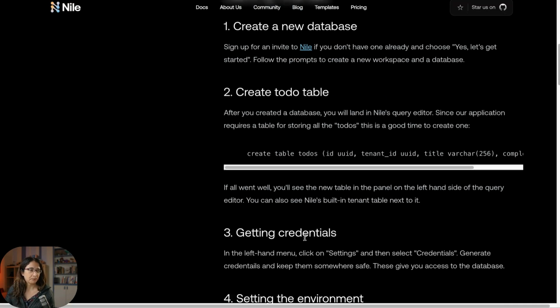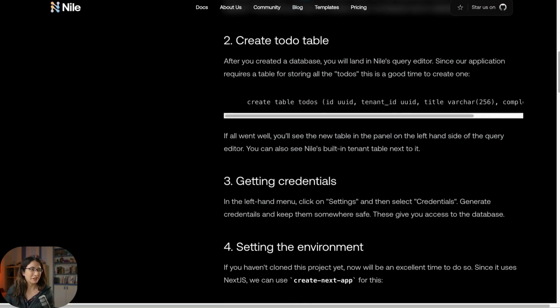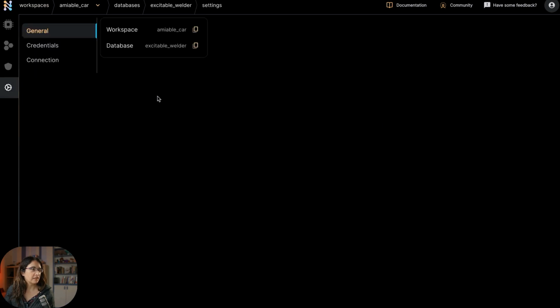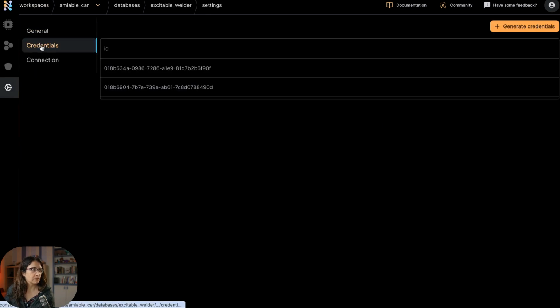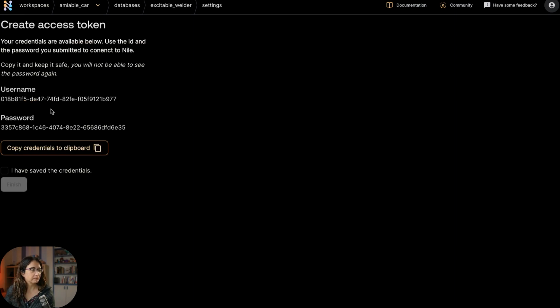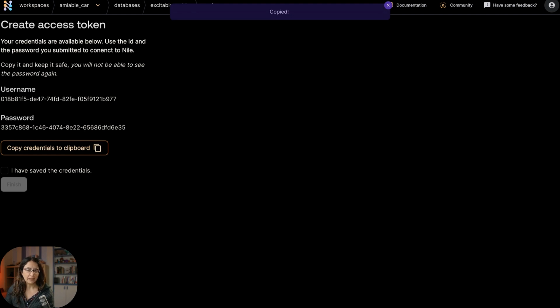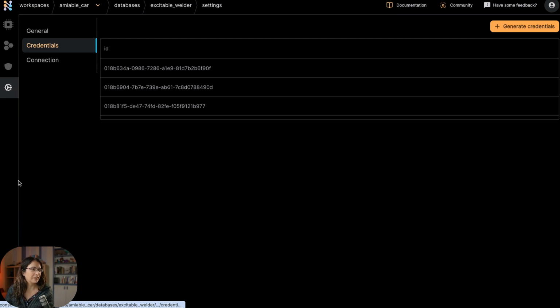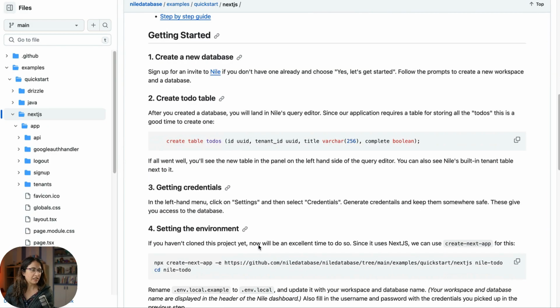Going back. And I need to get credentials. That kind of makes sense. So I'm going over here. Getting credentials is here. So let me go over. I already have some credentials, but I forgot where to save them. So let me generate the token. I'm going to copy it. Now that I have a copy, I have the credentials and we can go ahead. Okay, so I have the credentials